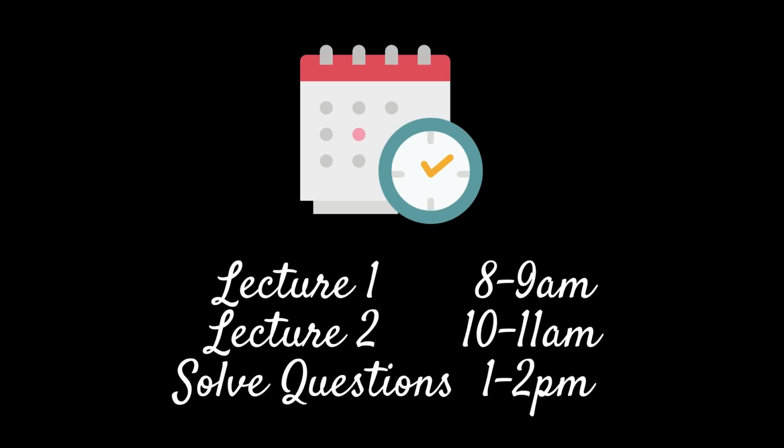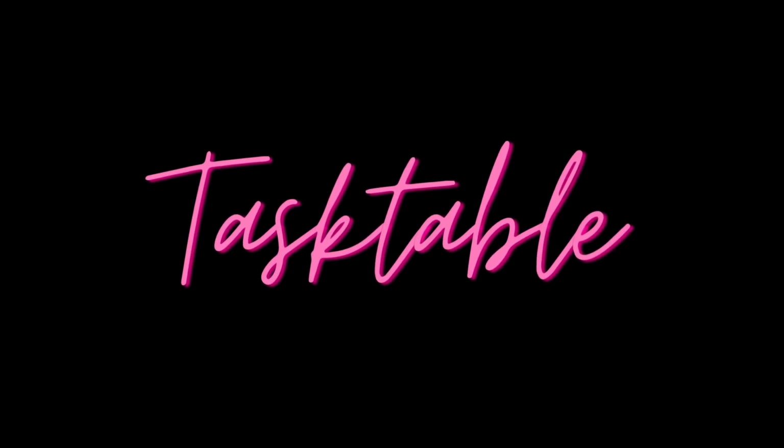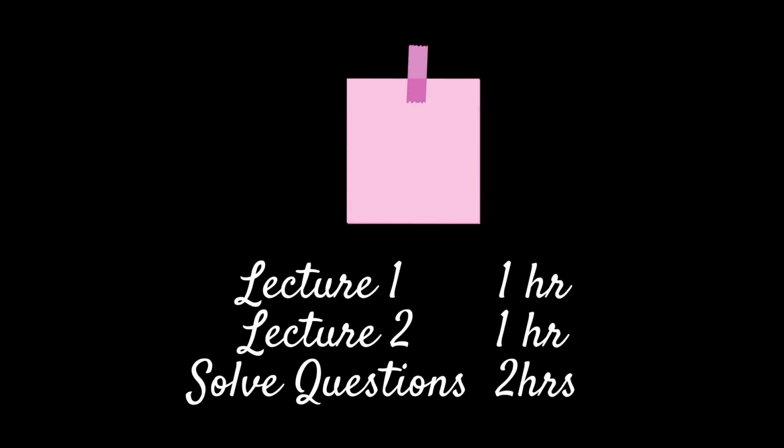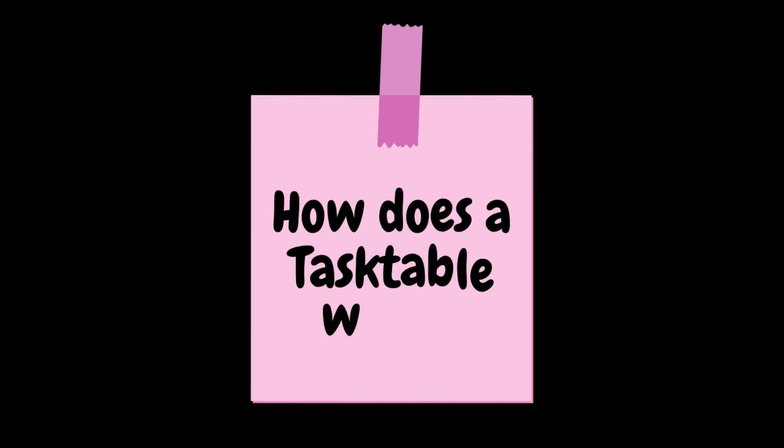But in comparison to it, there is a term called task table. Now, there's nothing designated as such. It's just something I like to call it. A task table is basically a list of tasks that need to be done in a day, and in front of that, you simply note down how much time that task is going to take, estimated on your own behalf. So, here is how a task table actually works.